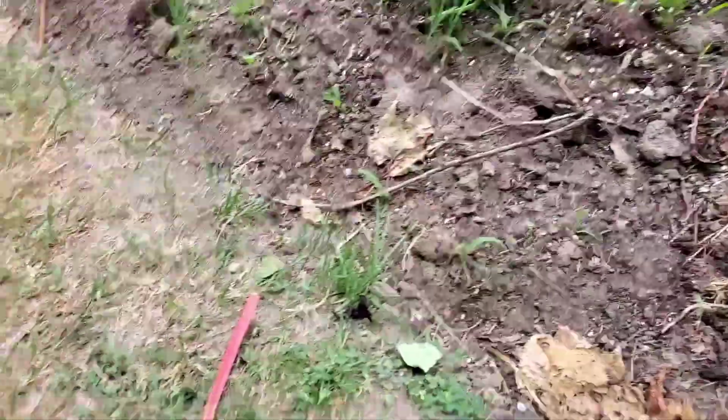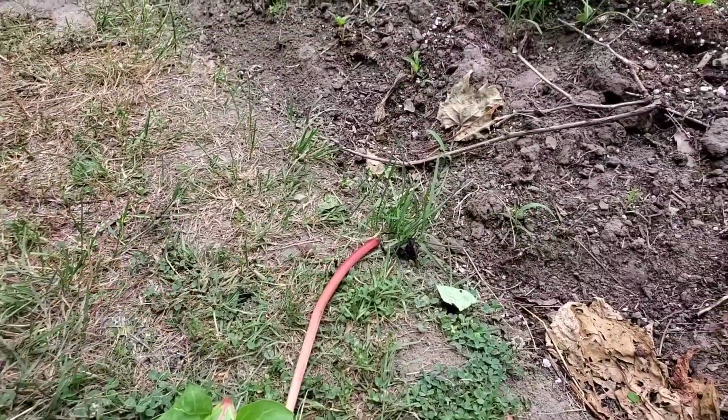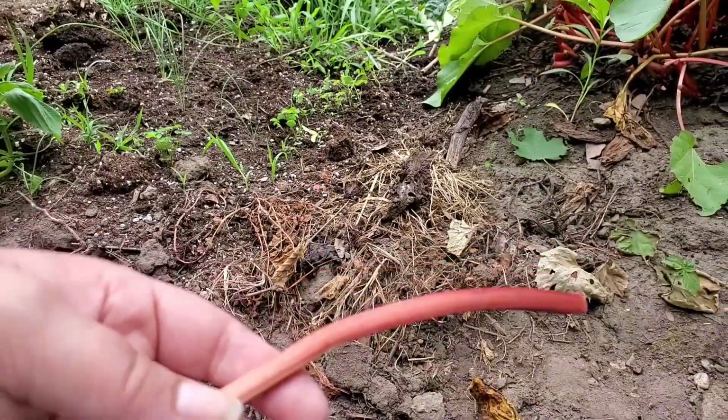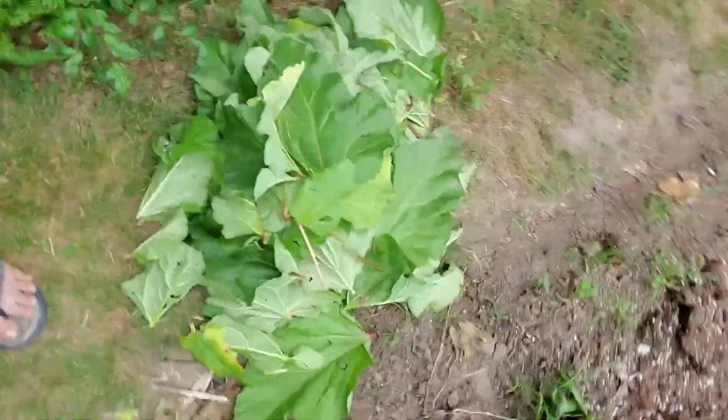I don't have a tripod with me, so I'm gonna take my scissors and cut off the leaves. And this is the part that I'm gonna save. I'm gonna go ahead and do that to my pile and I'll be back. Okay, so I'm all done chopping everything up. That's my rhubarb, and that's my pile of leaves. And I'm gonna go inside and